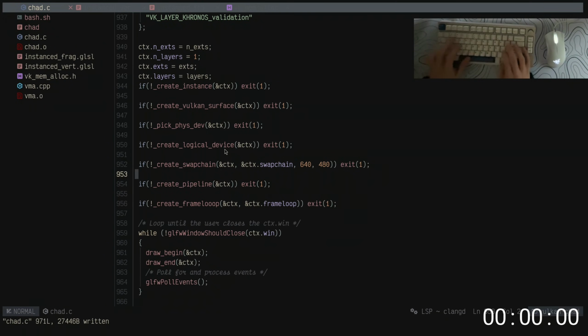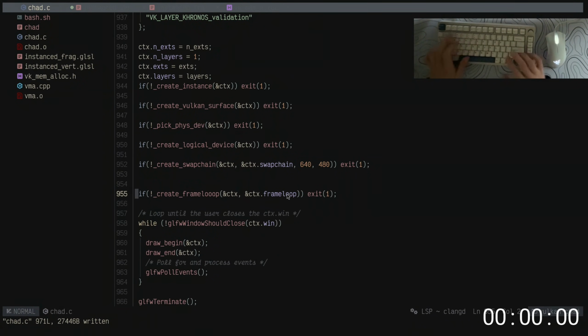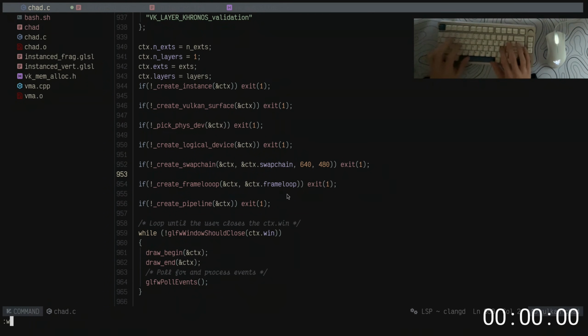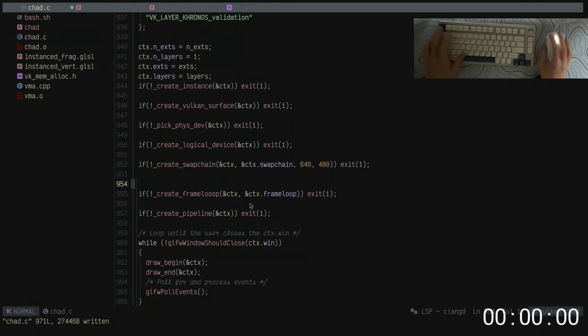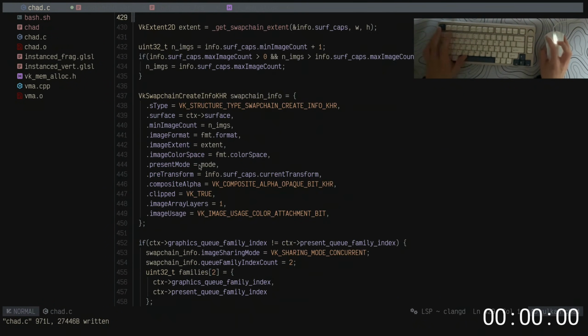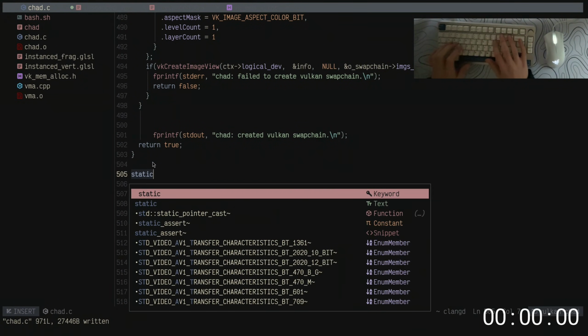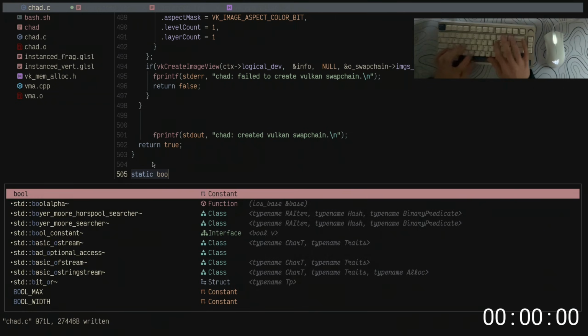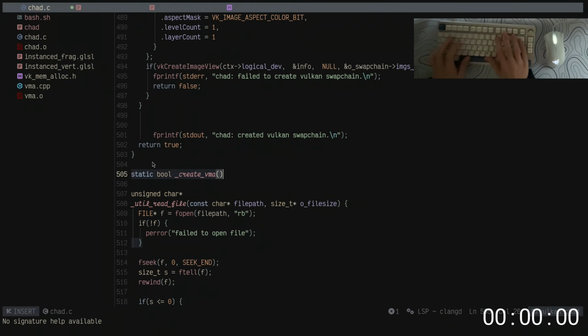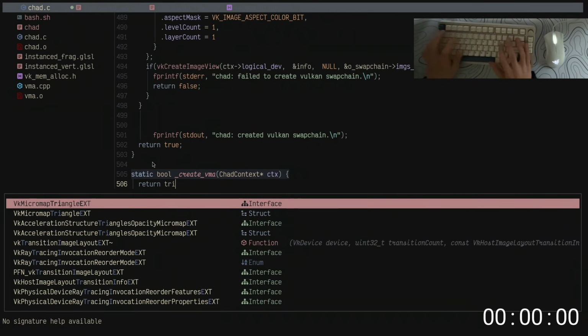and also create the VMA. I think we need to do this like that, but we definitely want to create the VMA before the frame loop, because we are doing VMA stuff inside the frame loop. So let's have a rule create VMA chat context ctx return true,